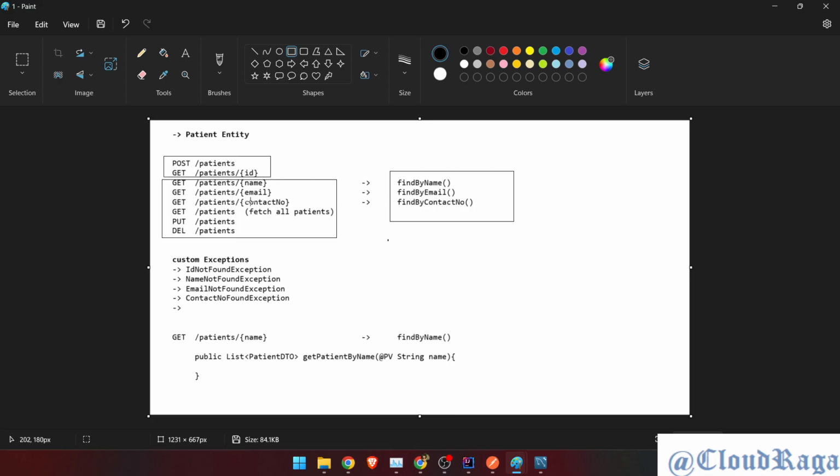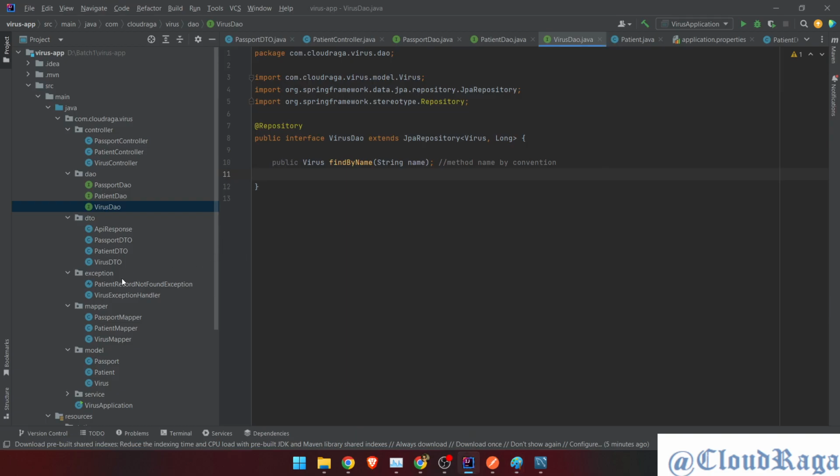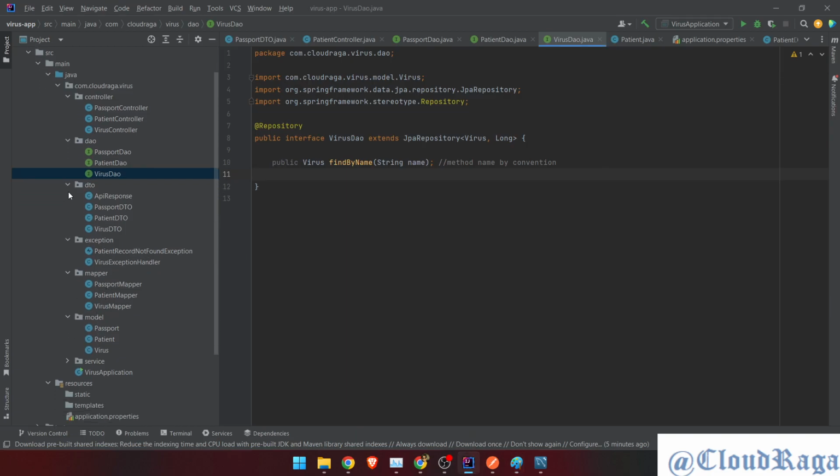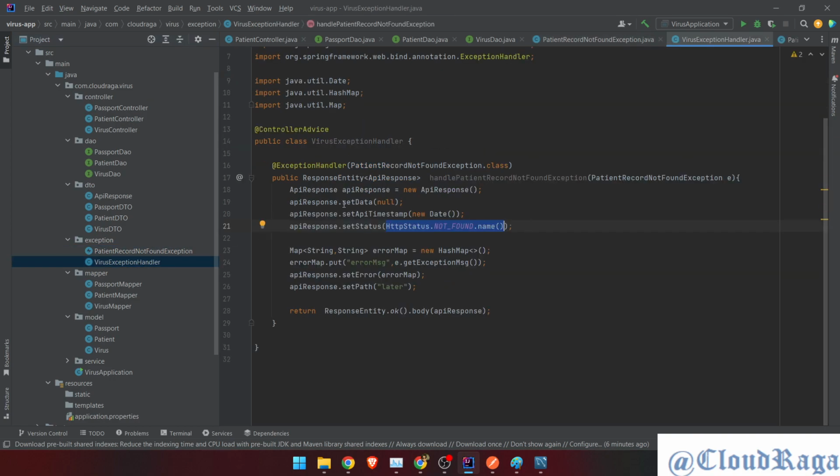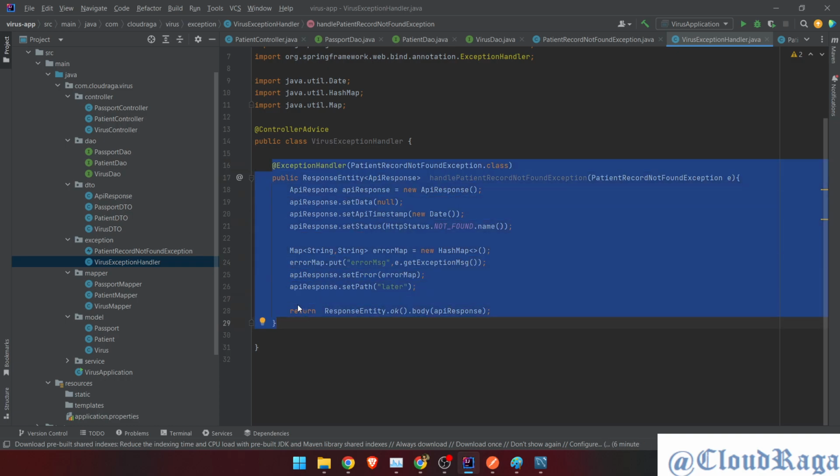And then once you guys are done with all these endpoints and methods, go for custom exceptions. So for your understanding, I have created one exception, patient record not found, right? And follow all the best practices which should be used to create custom exceptions, and then create a global exception handler and try to implement it this way. So at least your basics will be covered here. Okay, so today we will go further and try to